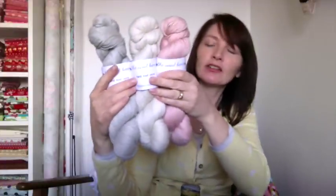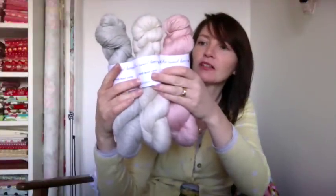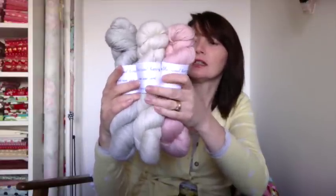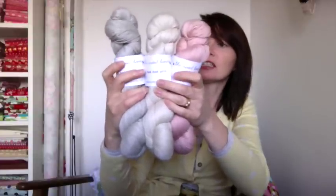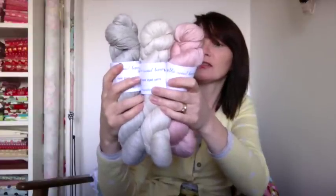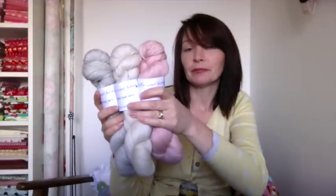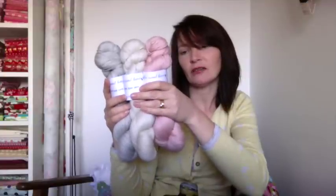We were looking at these. Sorry, I'm babbling. It's the excitement, I can't contain myself. Shell pinky, soft pink colour again. Anyway, she had these alpaca sock. We were umming and ahhing over colours, like, oh, I like this one, I like that one. Oh, I don't know. This one on the end, the grey one, is actually natural. That's an undyed one, but it's just a lovely colour. So I got them all. They'd look really nice in something together, wouldn't they? I don't know whether to use them together or...